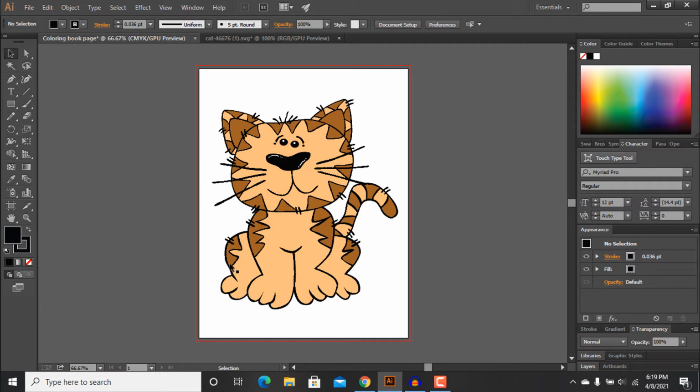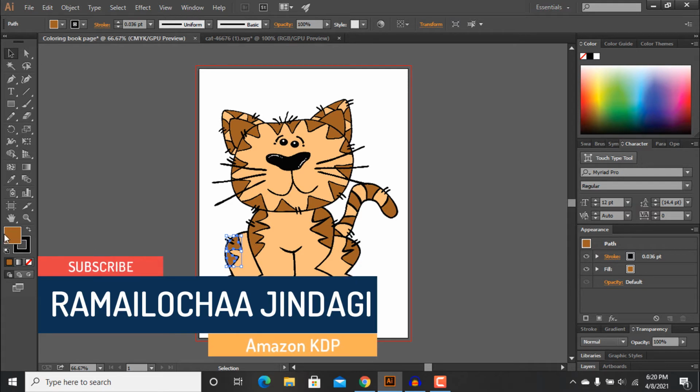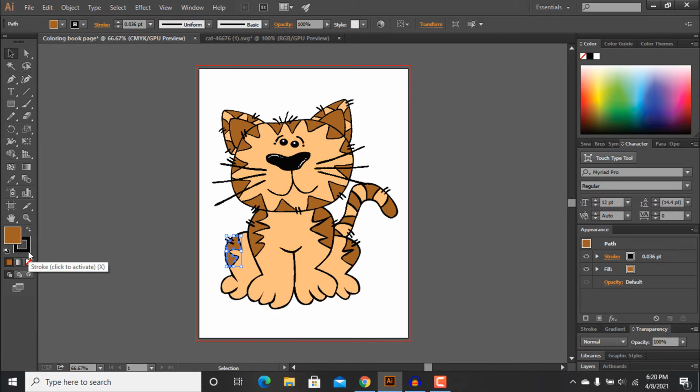So what we are going to do is, after ungrouping the elements, we are going to select different elements. So friend, the way to select different elements is, first of all, press at one element here. As you can see, it shows this fill color here, and this is the stroke color. For example purpose, let me show you by selecting only one element and removing its color.